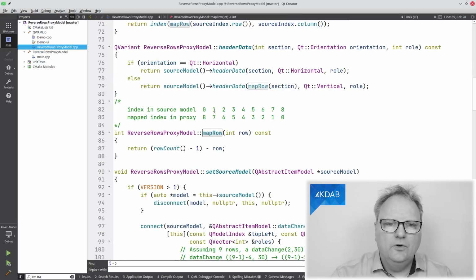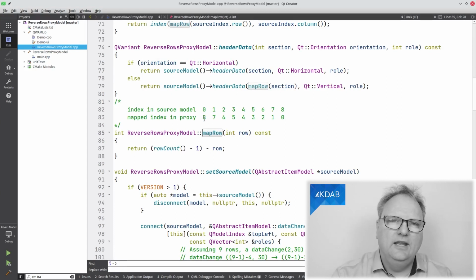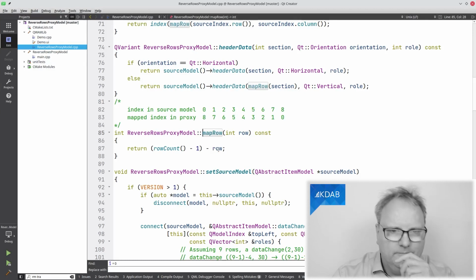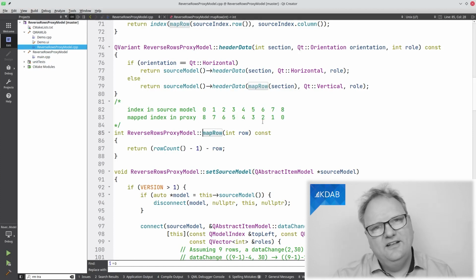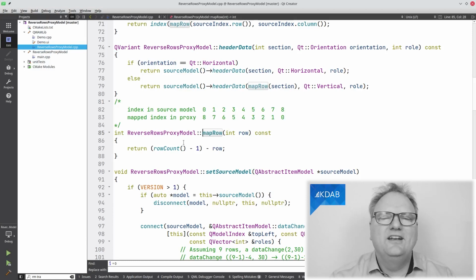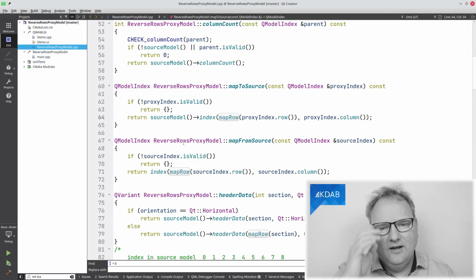You can see here, row 0 becomes 8 if there are 8 rows in my model. Row 1 becomes 7, then 6, and that's what you see here: rowCount - 1, so there's 8 rows, so that's 7 minus whatever row. No, there is actually 9 rows here, and not just 8 rows. So it is working, and I know that it's working because I've unit tested these things pretty hard.